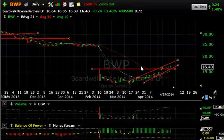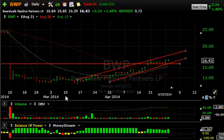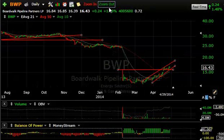Then it based out and has moved up. Taking a look at just the last 4 or 5 weeks, it's moved steadily from 12 and change to 16.5. It looks to me like if the oil stocks continue, this may extend into the gap up to at least 19.20. And you can see how the OBV, on balance volume, is doing great in here and making new highs,